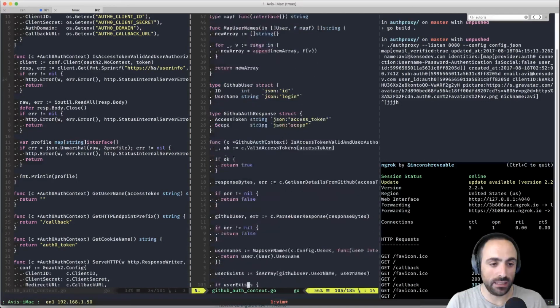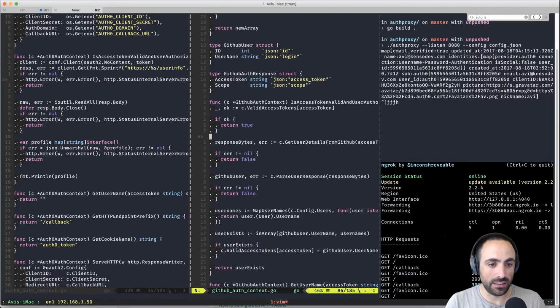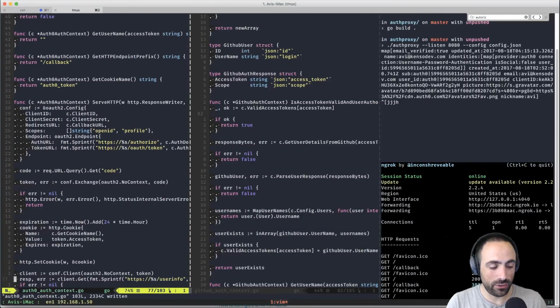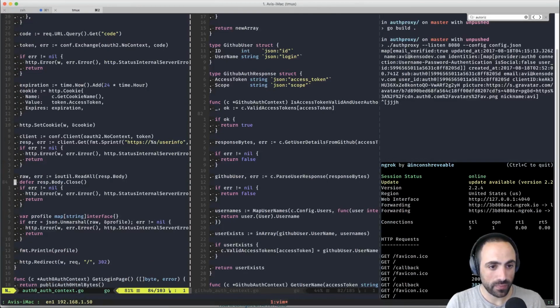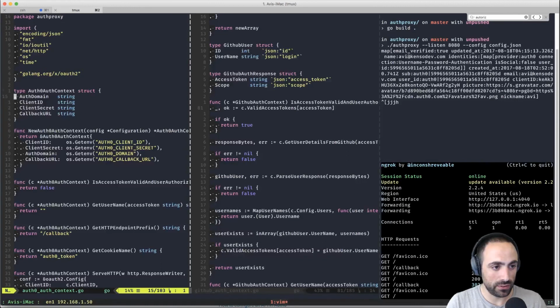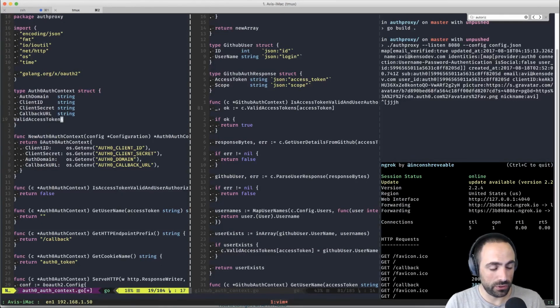Oh, I see. Okay, I see that. Okay, so we actually need to return this. And then here we have the valid access tokens, which is a map of string and string.